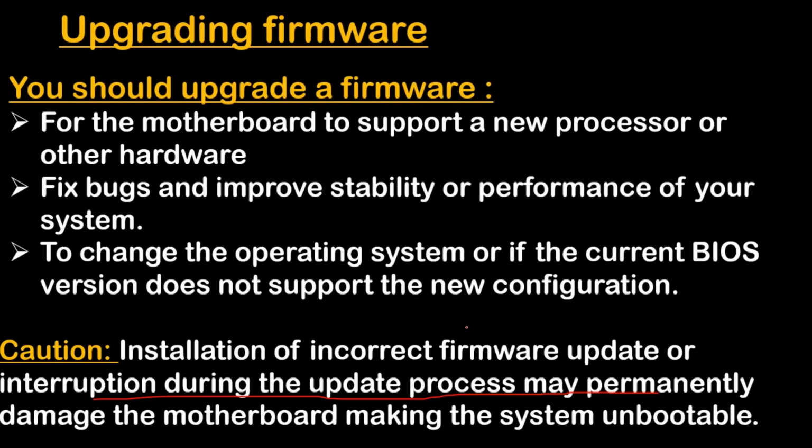Second thing, if you are using a desktop, at that time you have to check the proper power source. Power source means if you have an inverter, or sorry, you have a UPS, right? Uninterruptible power supply. In that case also you can upgrade the firmware. But if you do not have a proper power source, make sure you don't try to upgrade your firmware. Otherwise, if your power cuts at the time of installation, your system or your BIOS will become unbootable. Right?